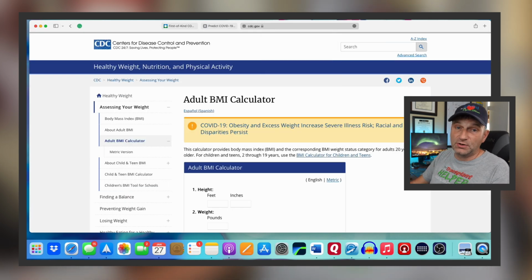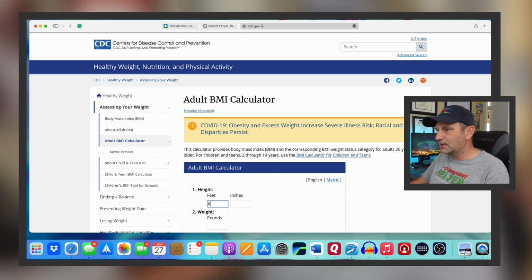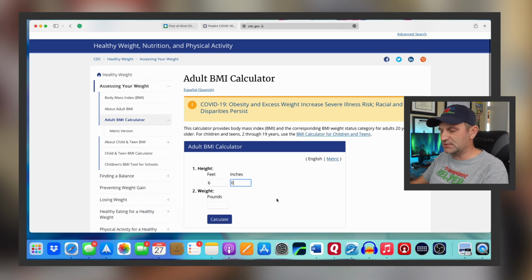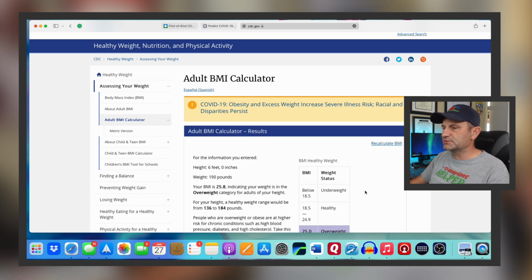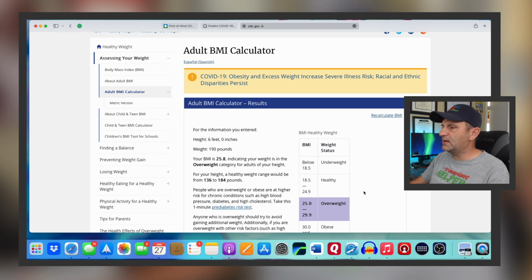to be an adult BMI calculator, and then live on the screen I'll probably be embarrassed or wrong, but I am 6 feet. Well, basically 6 feet even now. I used to claim to be 6'1", but I've shrunk or something. So I'm 6 feet even, and I weigh about 190 pounds. So let's hit calculate on here and see what we have. It tells me that my BMI is